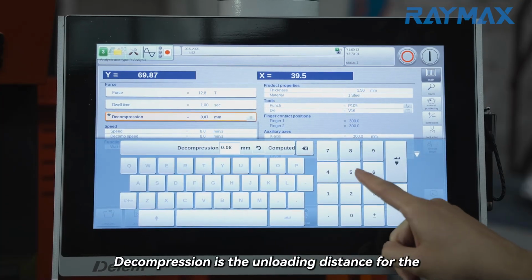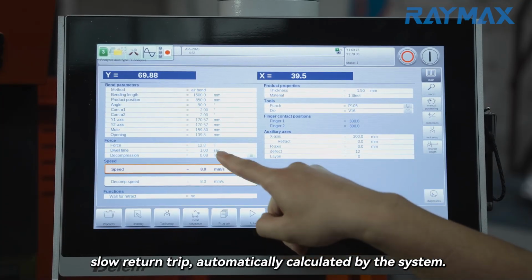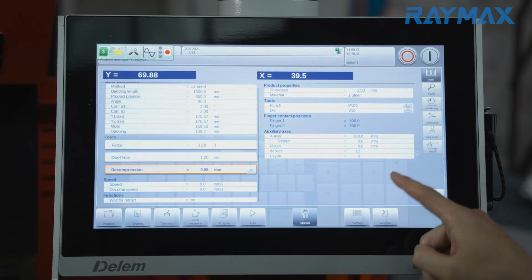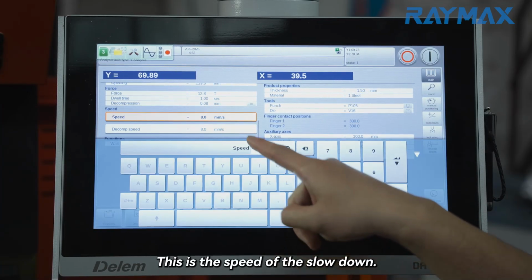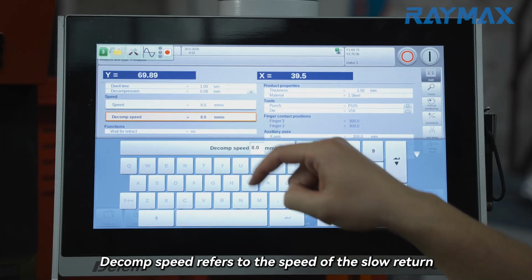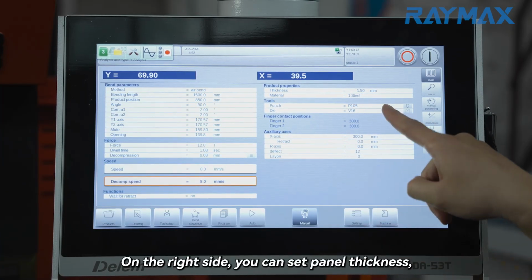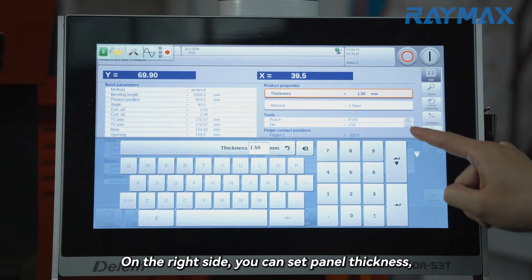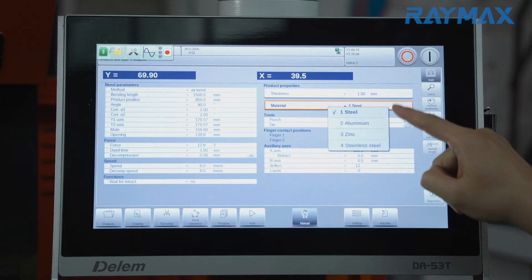Decompression is the unloading distance for the slow return trip, automatically calculated by the system. This is the speed of the slow down. Decomp speed refers to the speed of the slow return. On the right side, you can set panel thickness, panel type,